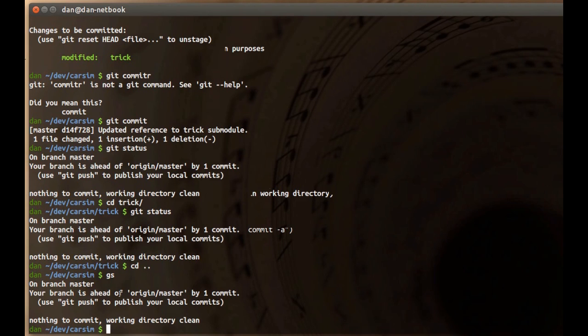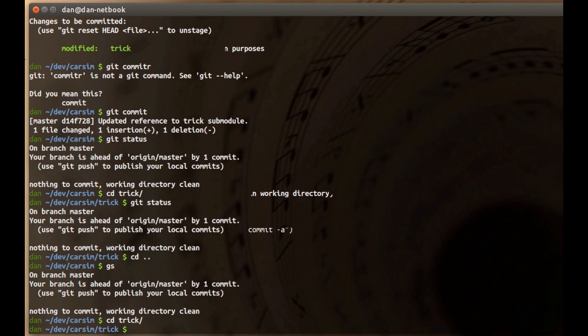CarSim knows that it needs to track the state of trick from the SHA-1 commit perspective, but it's not handling any of the Git innards of sharing the commits from this repo. I don't know if that makes sense, but this trick repo is a standalone Git repo. So if we want to share this commit, we need to git push the commit in the trick repo, and